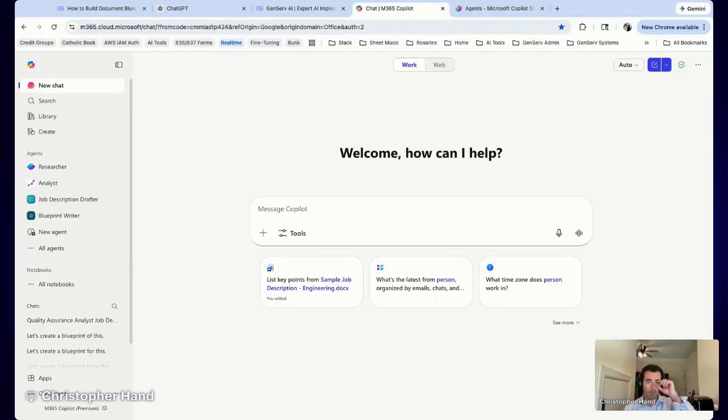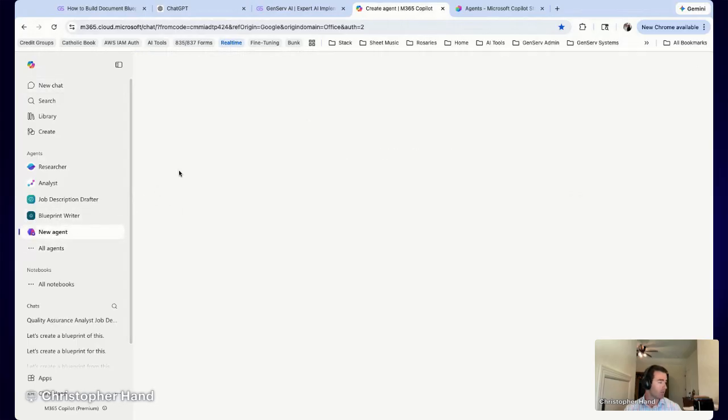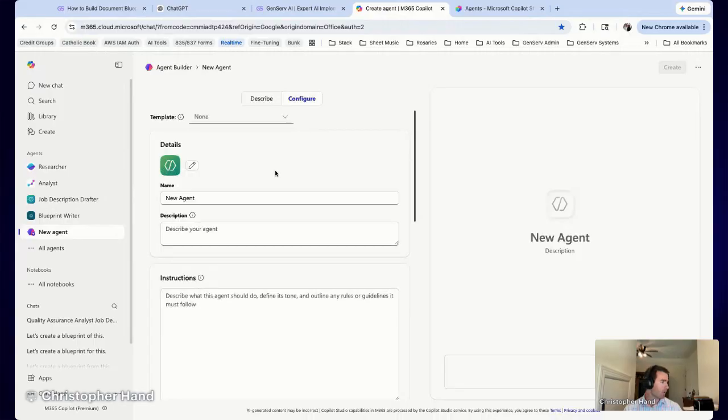All right, now I'm in Copilot. And what's interesting is you'll notice patterns across the different providers. You have what's called gems inside Gemini, Project Gemini. If you're a Google-based shop, you can get a gem, and a gem is something that has custom instructions. It's the same as a GPT. Inside Microsoft 365, you have agents, and agents are the same as the GPT, where I can click on New Agent, and as soon as it loads, because we all know that Microsoft 365 is the fastest thing ever, I can say